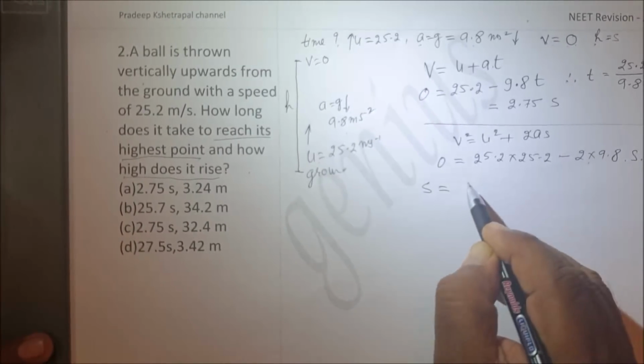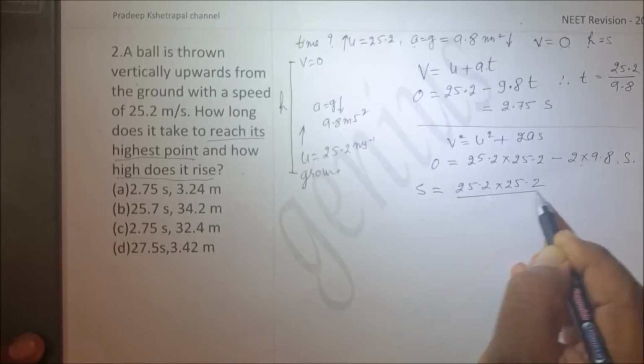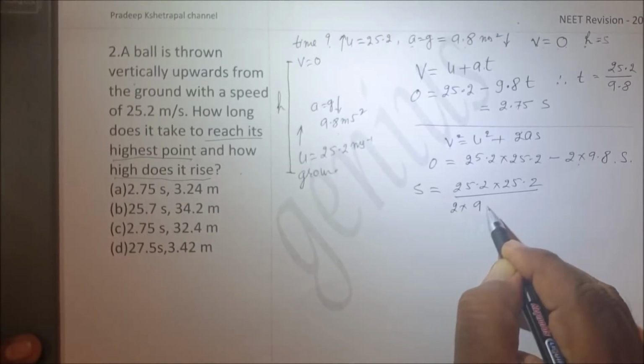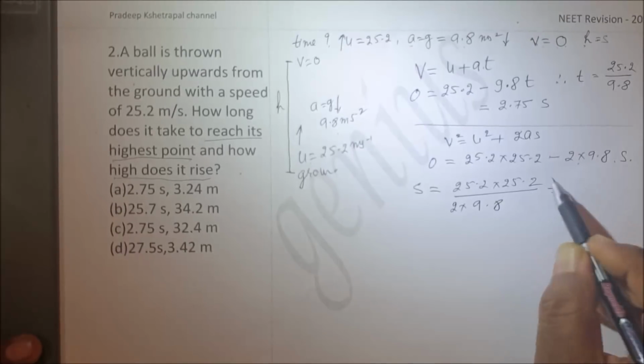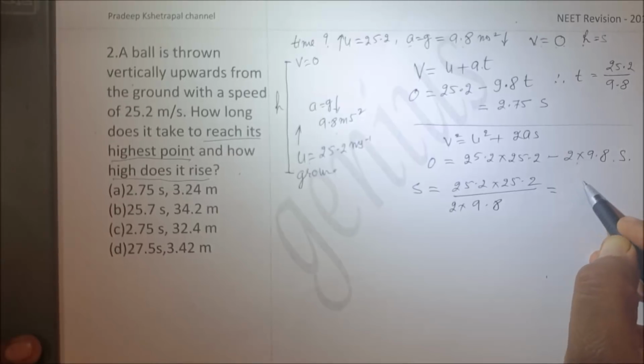S is equal to 25.2 into 25.2 divided by 2 into 9.8, and when you solve it, do the necessary cancellations, you will find it comes to be